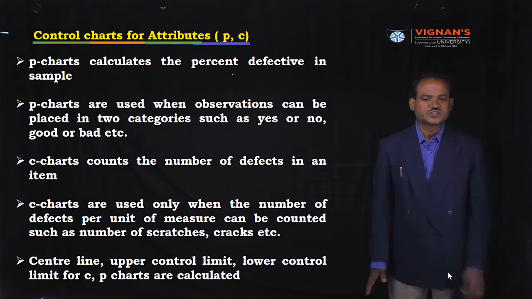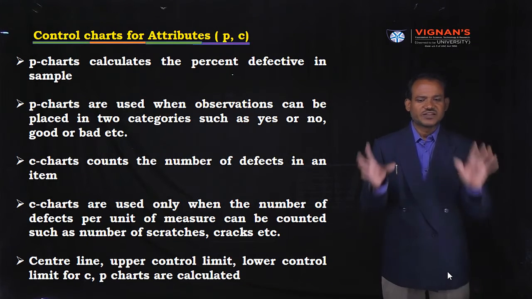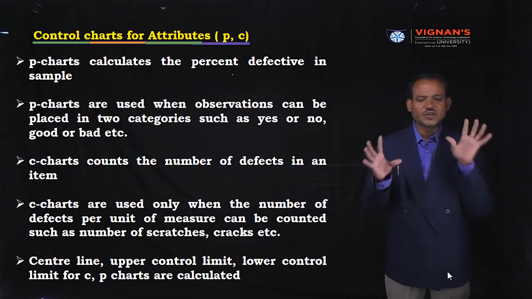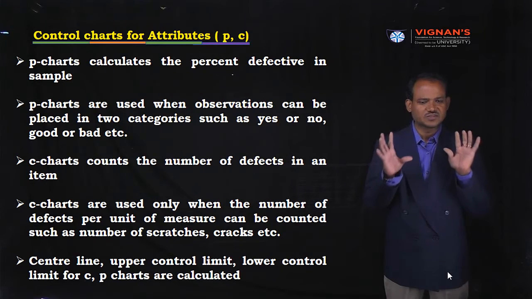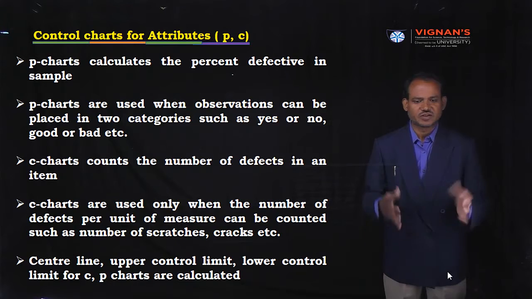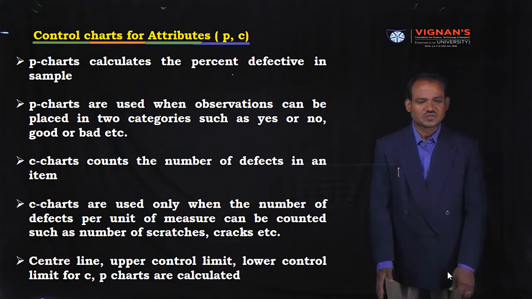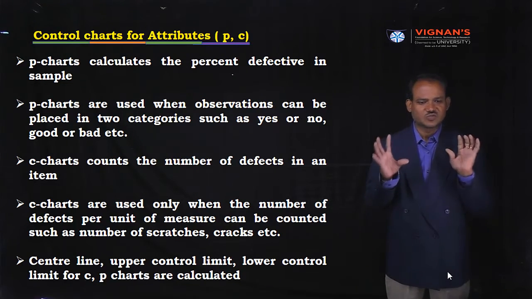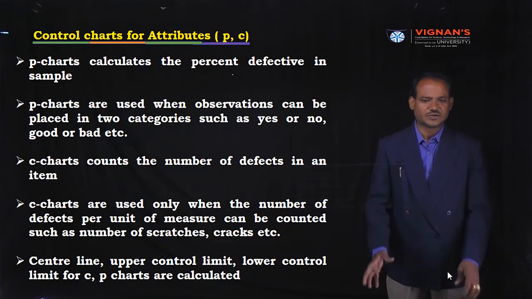Anyway, every control chart should have three lines. One is the center line, known as the control limit. The top one is the upper control limit. The bottom one is the lower control limit. This holds in both charts, the C chart as well as the P chart. In earlier charts also, that means X bar and R charts, we have already seen every control chart should have three lines. The center line is known as CL. Above CL is known as UCL, upper control limit. Below CL is known as lower control limit.